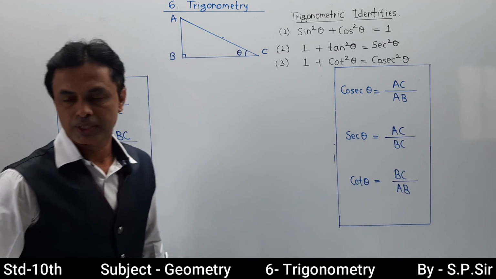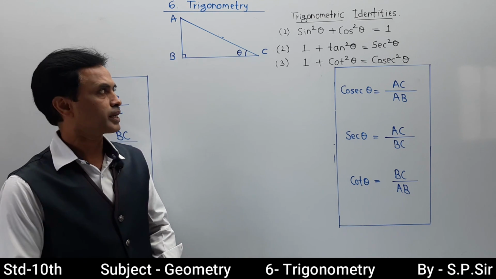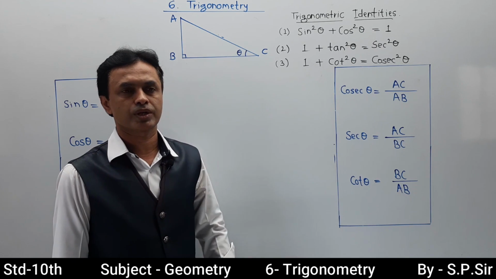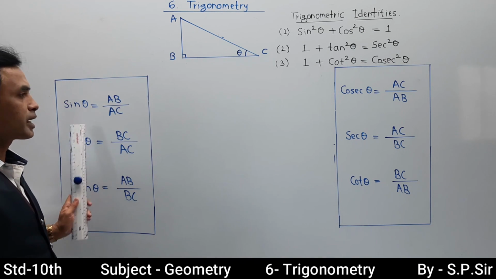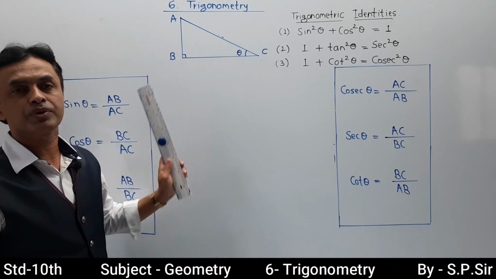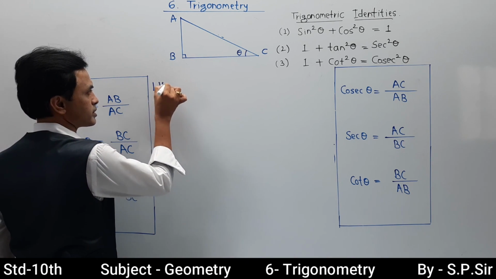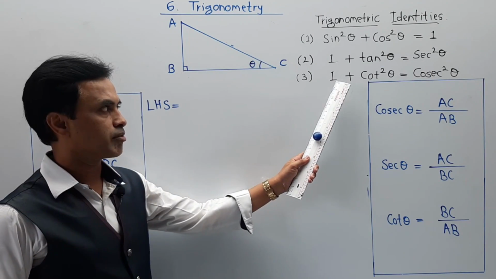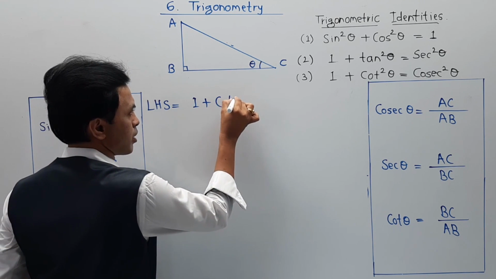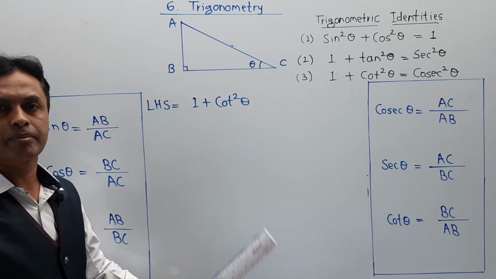Now how to prove it? That is the part over here. So again the type and pattern remain the same. We are taking LHS, which is 1 plus cot square theta, and we have to reach cosec square theta. And the proof is again: sin, cos, tan, cosec, sec, cot we have already written, as well as the triangle from which we have taken a reference, that is also written over there. So again your LHS for the third identity is 1 plus cot square theta. So I am writing 1 plus cot square theta. Now here we have to simplify it.